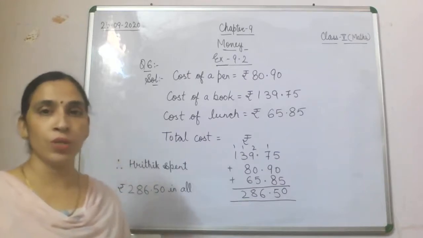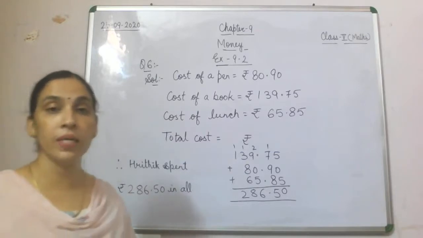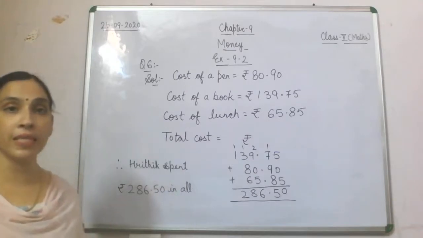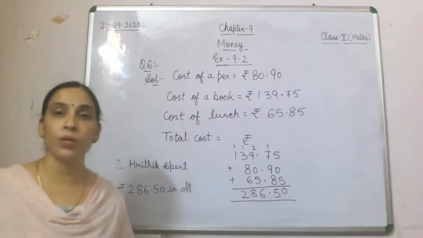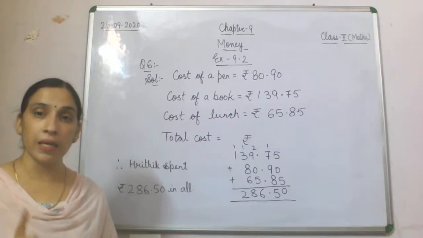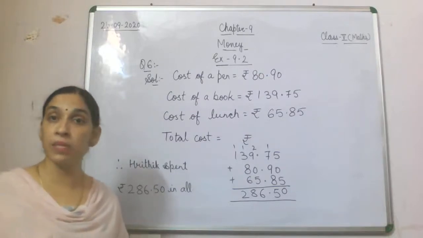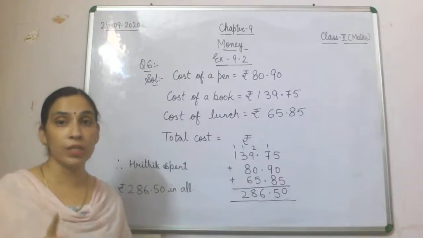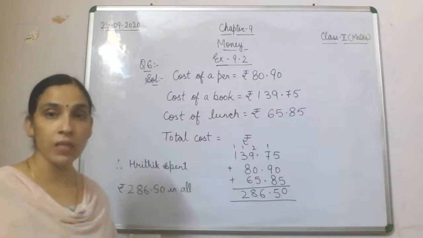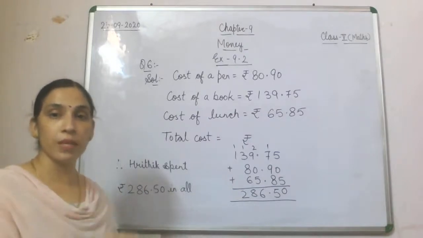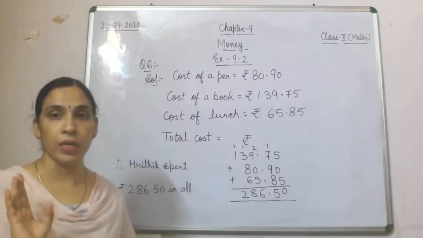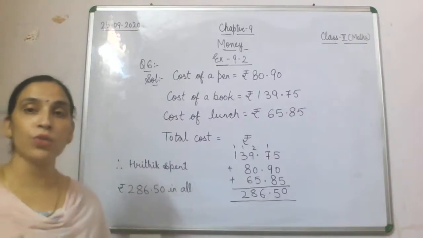Now children, what are we going to do tomorrow? Tomorrow we will start with our next basic fundamental operation, that is subtraction, and we will see how we can do subtraction and how we will arrange it into a column. See, in addition it is not necessary to write the bigger number above, but in subtraction it is quite necessary that you write the bigger amount of money first. From that bigger amount only you will subtract the smaller one. That is a very important part of subtraction of money, which we are going to continue tomorrow.